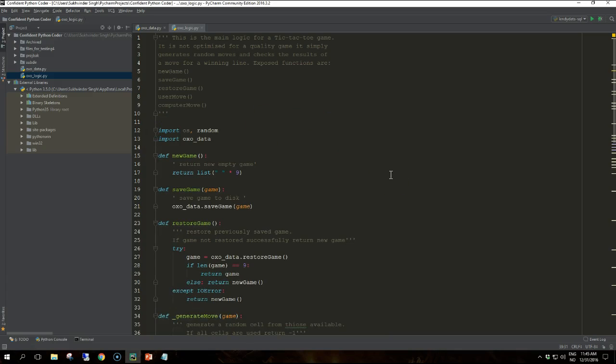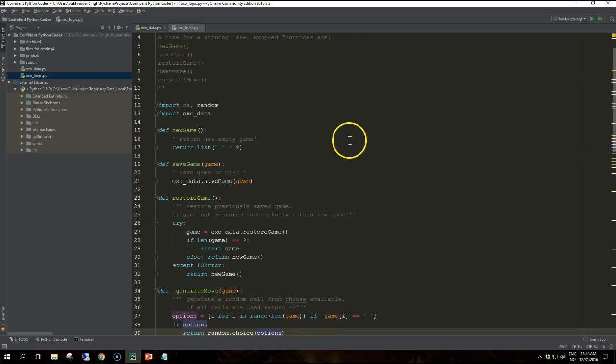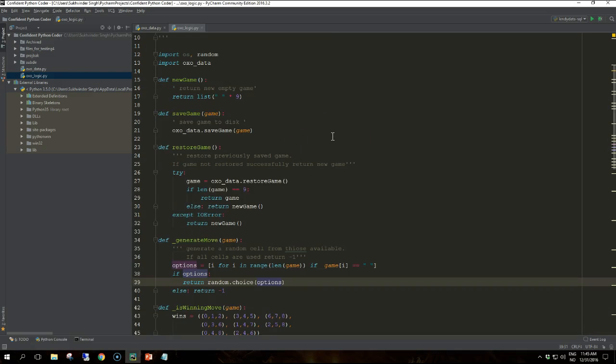As I said, the new game function simply returns a new list of 9 spaces. We also import OS and random and import the OXO data module from the earlier video. And the save game function calls the OXO data function